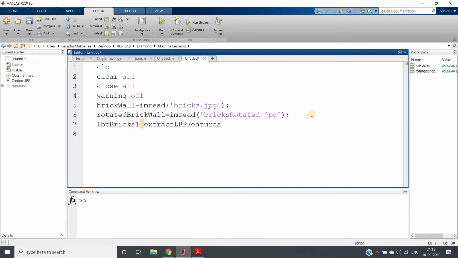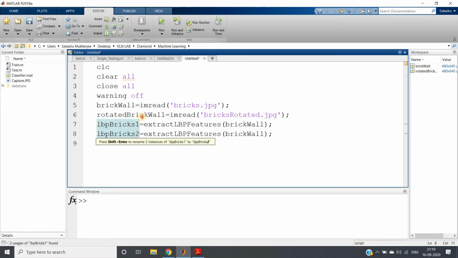Extract LBP features of brickwall, the first image we read. I will copy the same and paste it here as LBPbrick2, which stores the LBP extracted features of the rotated brick wall.